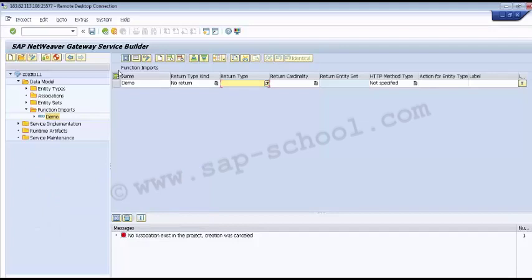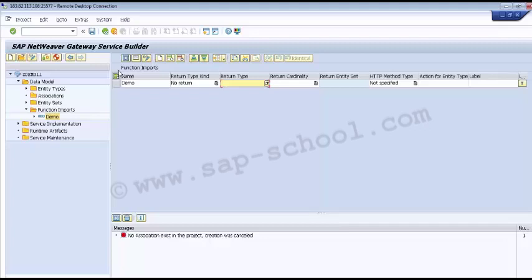Then we have the return cardinality column. We have to select the cardinality using the input help again. If the key properties of the entity type are of core type, that is EDM date type, EDM date type offset or EDM GUID, then return cardinality 0:1 is not allowed, because for these core types the initial ABAP value is not a valid EDM value and it can cause a runtime exception.